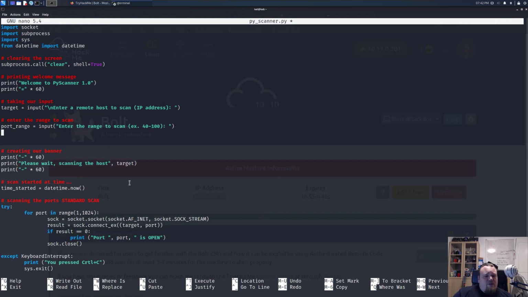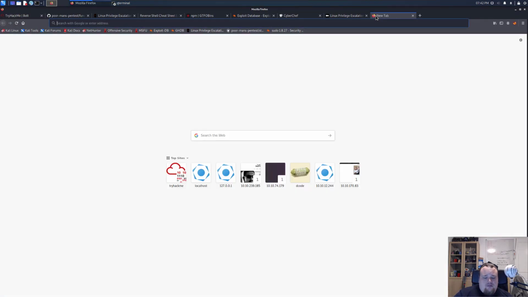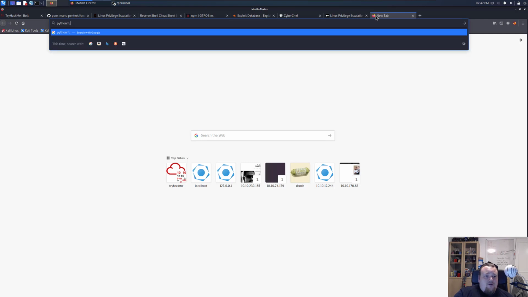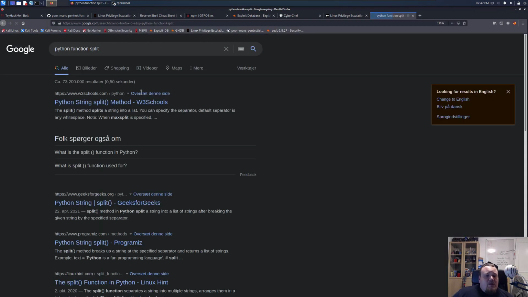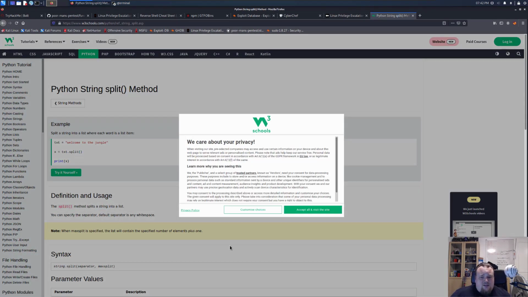So what we're gonna do now is create another variable called port from and port to, and the port from is gonna be equal to port_range, and we're gonna cut it out. Let's see how we're gonna do that. What is the Python function to split? Is it just split? Python function split. Isn't that something we can do? Yeah, we got a split,